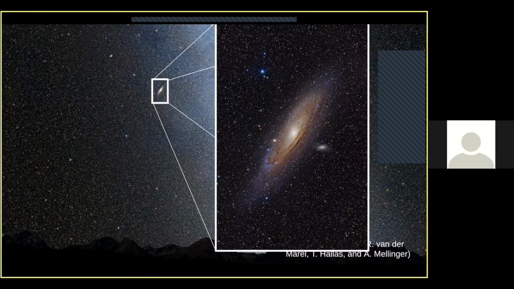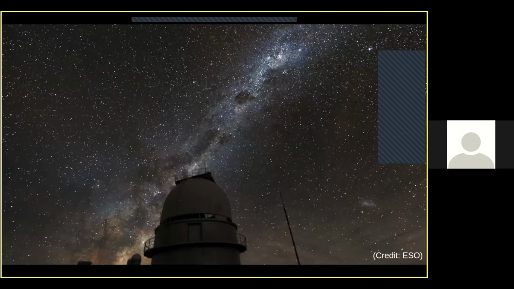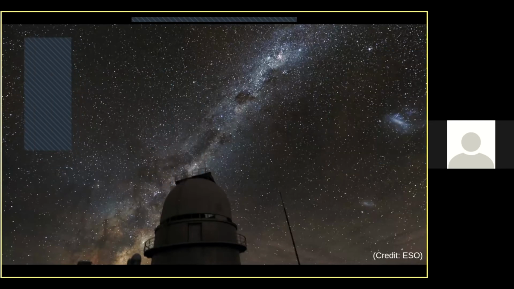But Andromeda is not the closest galaxy to us. The closest major galaxy, you would have to go to the southern hemisphere to see. It'll be over on the right-hand side of your screen. This is the Magellanic Cloud, a slightly smaller galaxy that's much, much closer to the Milky Way. For all intents and purposes, throughout the entirety of human history, the Magellanic Cloud has been stuck in one place. It has not moved. It has been fixed and eternal.